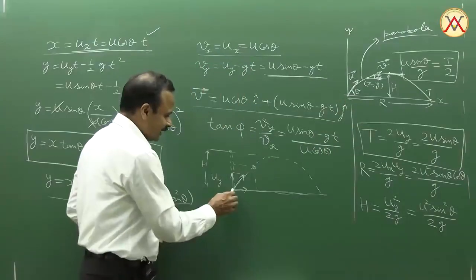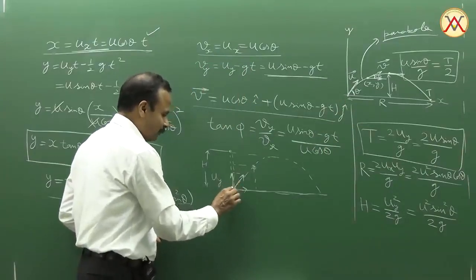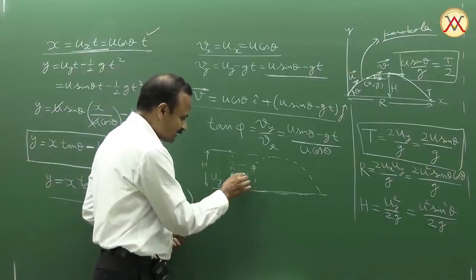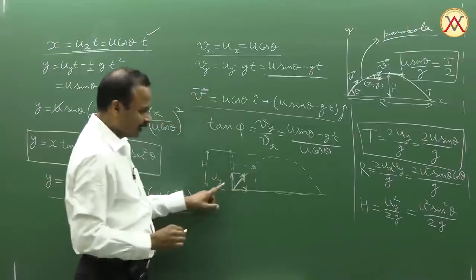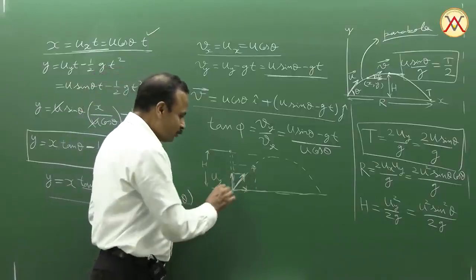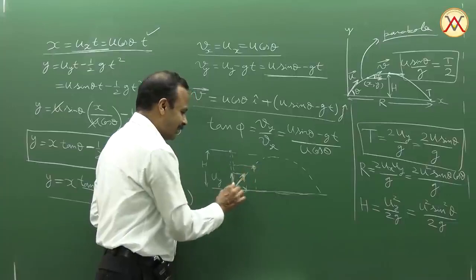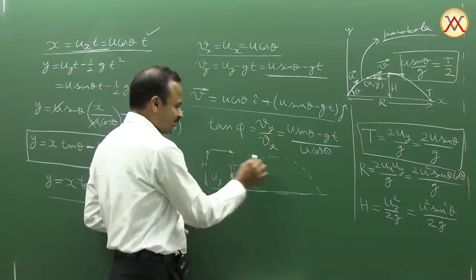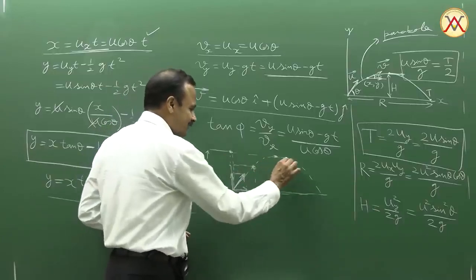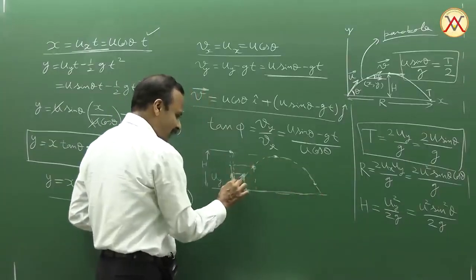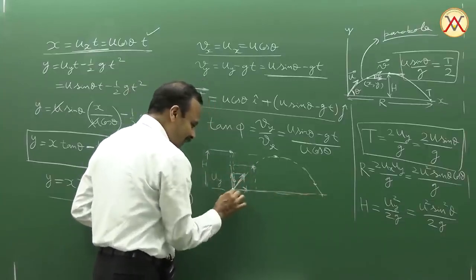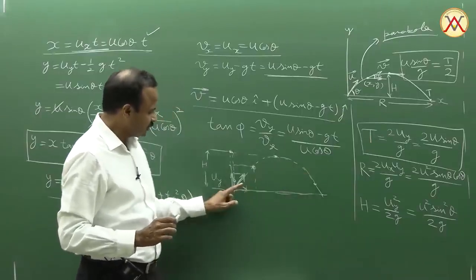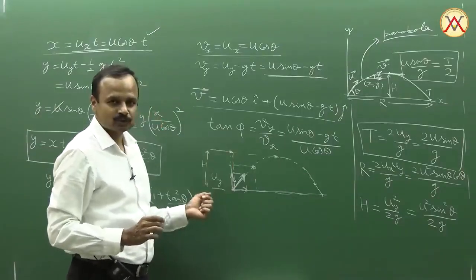We had already seen that if I throw a particle upward with velocity uy and I compare the motion of this with a projectile having the same vertical component, in fact, their y components are always identical. When this particle reaches here, the projectile will be here. When this one reaches the highest point, this will also be at the highest point. When this is coming back, it is somewhere here, this particle will also be here. And when it lands, this will again land here. So the y component of motion of the projectile is identical to this stone here.